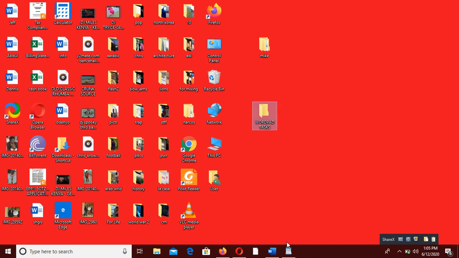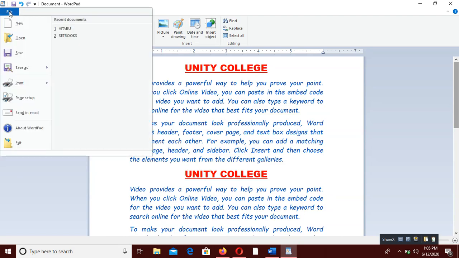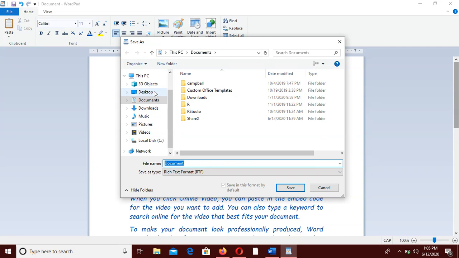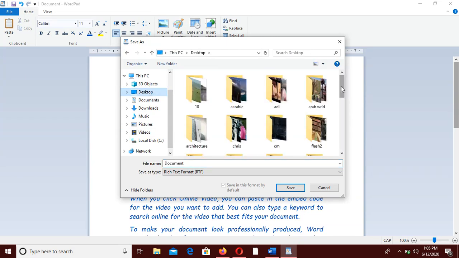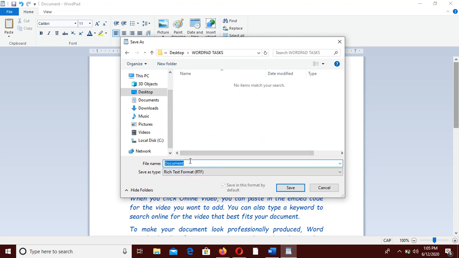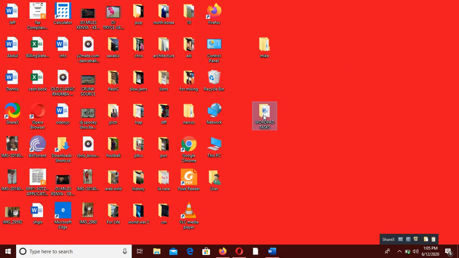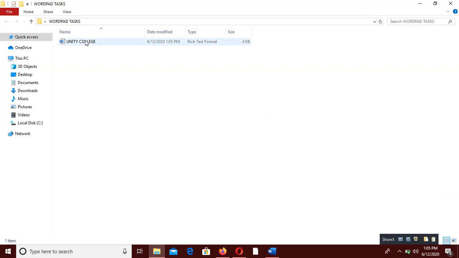After naming the folder, go back to the document. It's still shown on the taskbar. Click. Then we want to save in that folder. You'll click on file, you click on Save As, go to the desktop, scroll down, find this folder called Wordpad Tasks. Remember to double click or use Open. You can double click to make work easy. You name this file. So the title was Unity College. We'll click Save. So next time you are looking for your document, you'll just be able to get it inside there. You can open it